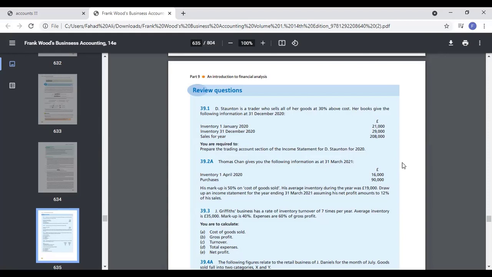Okay. So let's do one thing. Let's learn how to convert our markup into margin. That's the last thing of the class before we go for the practice. So let's learn that, and then you will be able to solve this question easily. And after you get the question, you will be given the homework, or maybe in the class, if it is possible, you can solve one question at least.